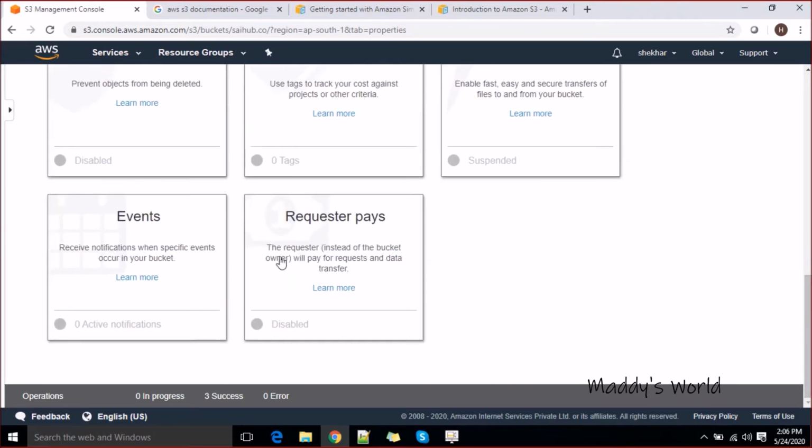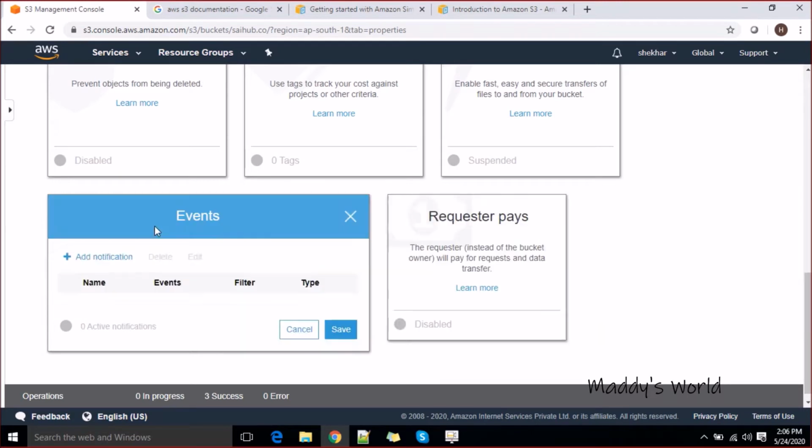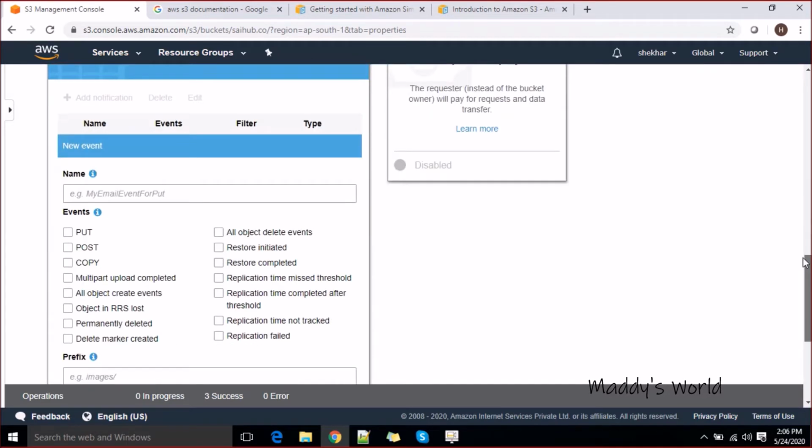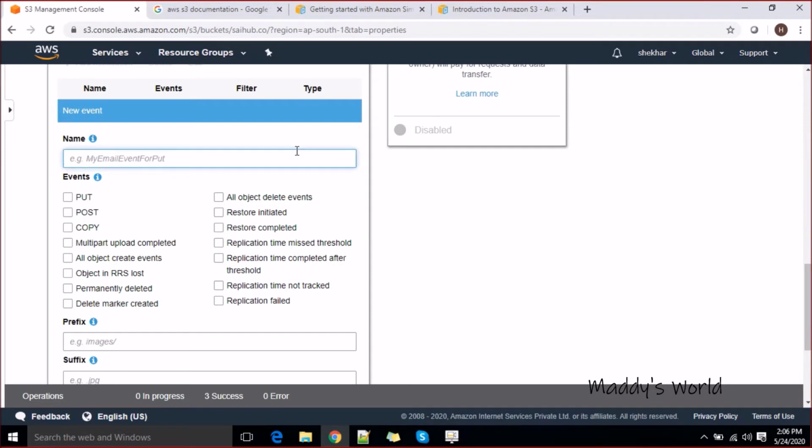The next is event. If you want to enable some event, let's say something is happening, some issues are coming, and something is triggered in your bucket, like somebody is copying or pasting something, you can create rules.